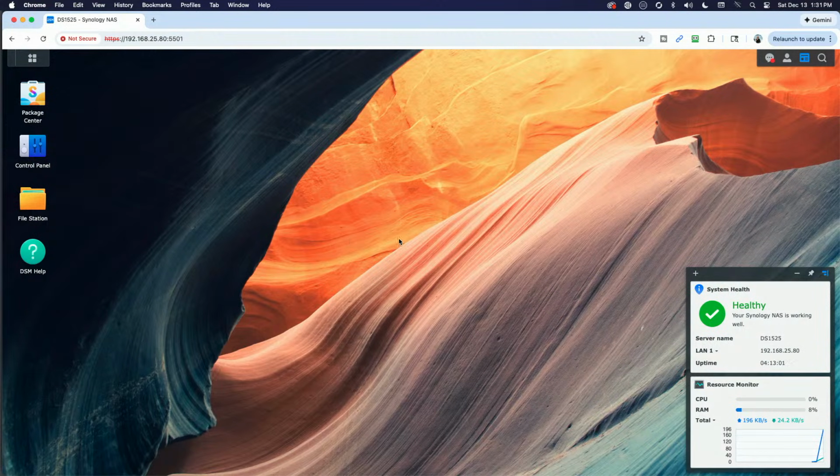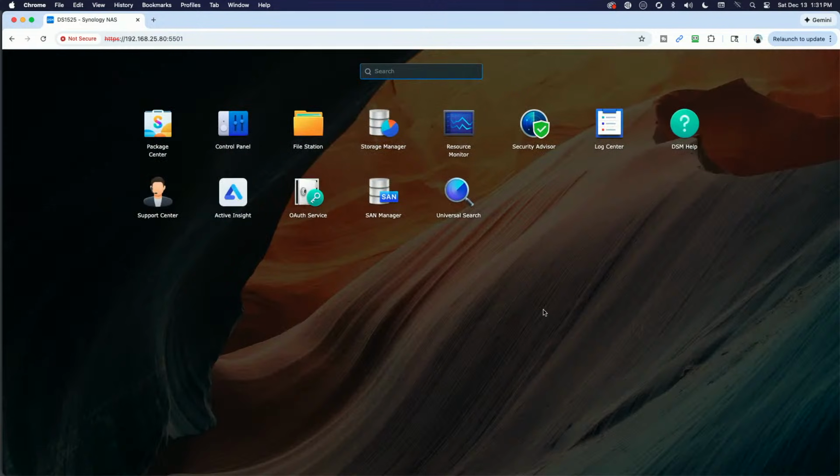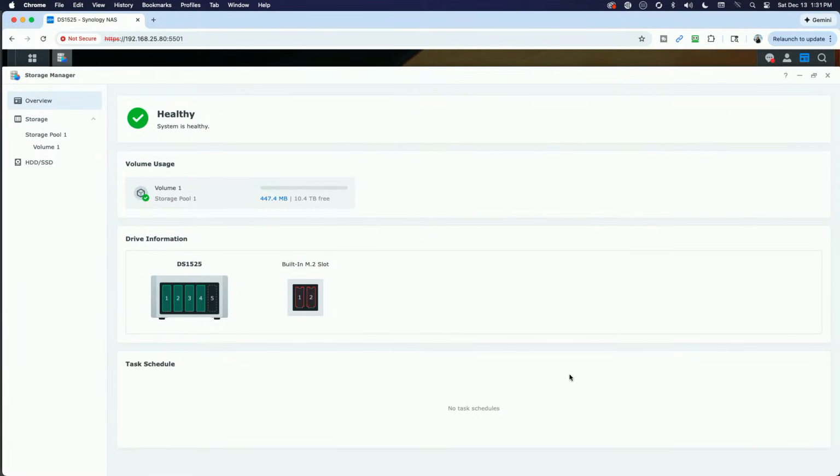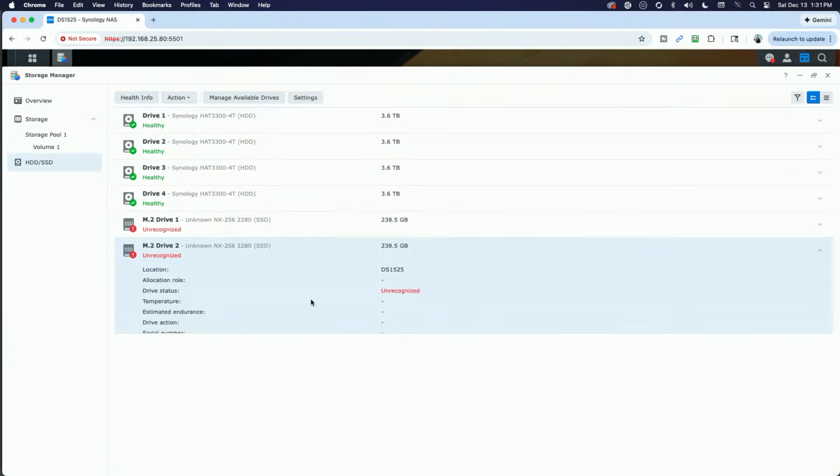However, not the case with the NVMe M.2 slots. So for example, if we go take a look at Storage Manager, I have two no-name drives in the M.2 slots, and you can see here that they're unrecognized. Let me see if I can make that bigger.